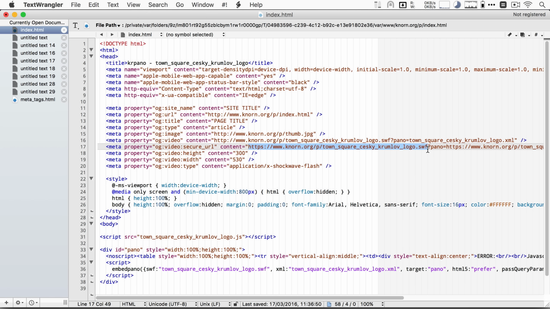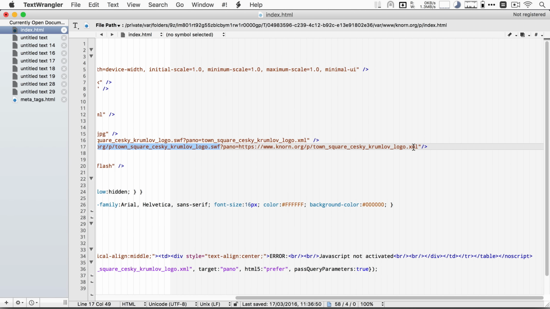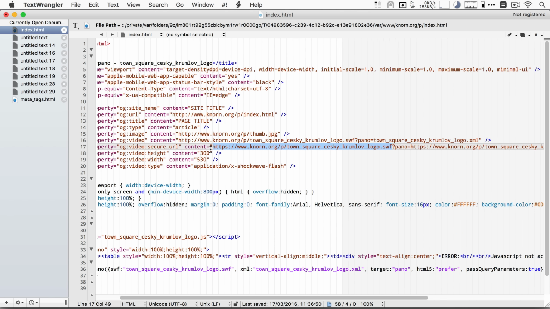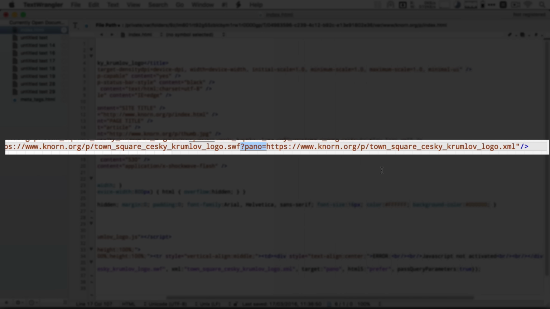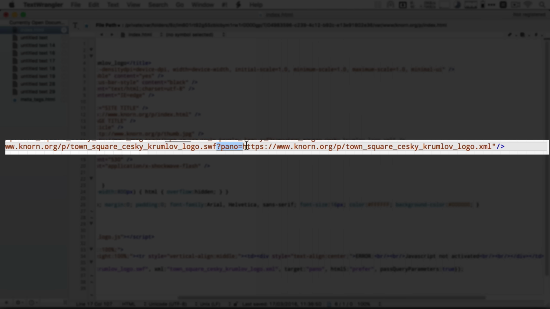Shockwave Flash file is just the player. It doesn't contain any information about your panorama, the tiles, where they are, what size they are, etc. So that's all contained in the XML file that Pano generates. So what you need to do is you need to point it to your panorama player. Then you're going to go $Pano equals, and then you're going to point it again with the full URL, and